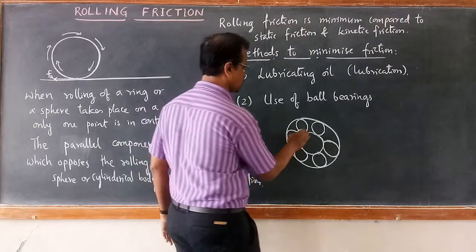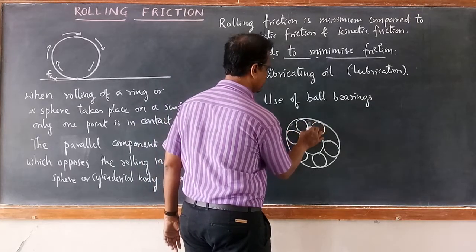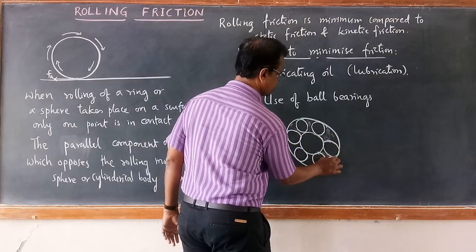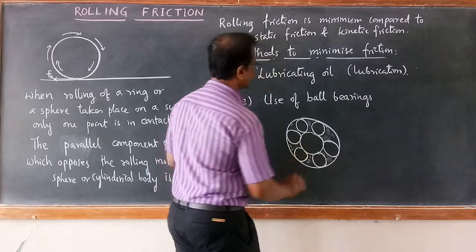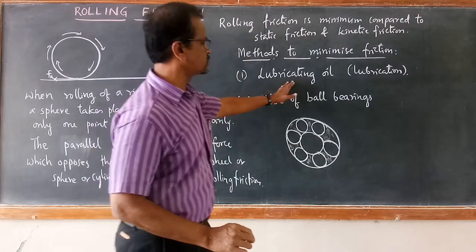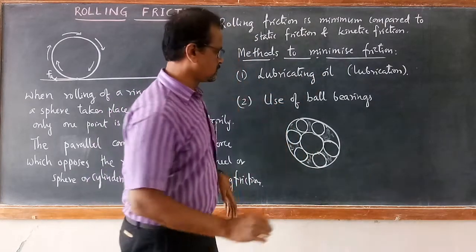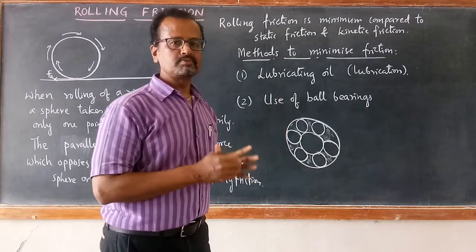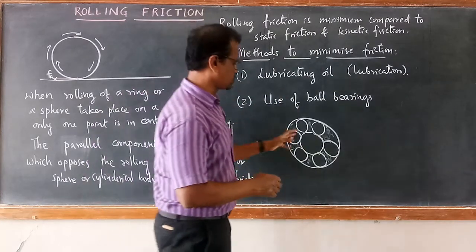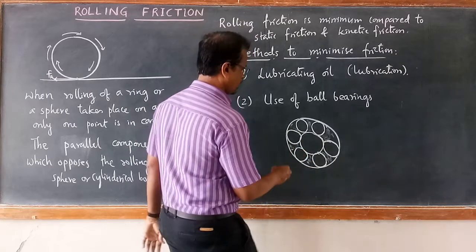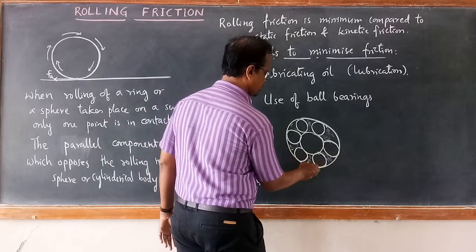And these spherical balls, for their smooth motion, will be filled with grease. So lubrication is that process, use of grease for the smooth motion of these steel balls. These are the steel balls. And if, for example,